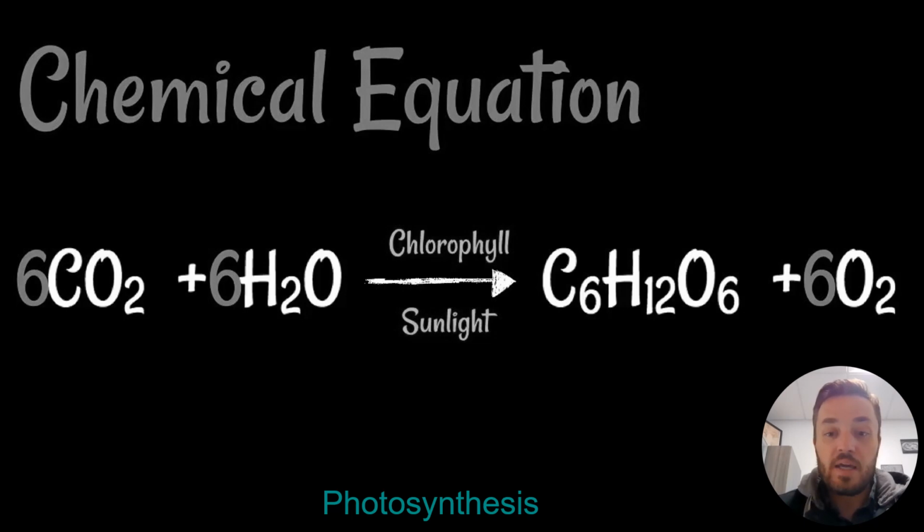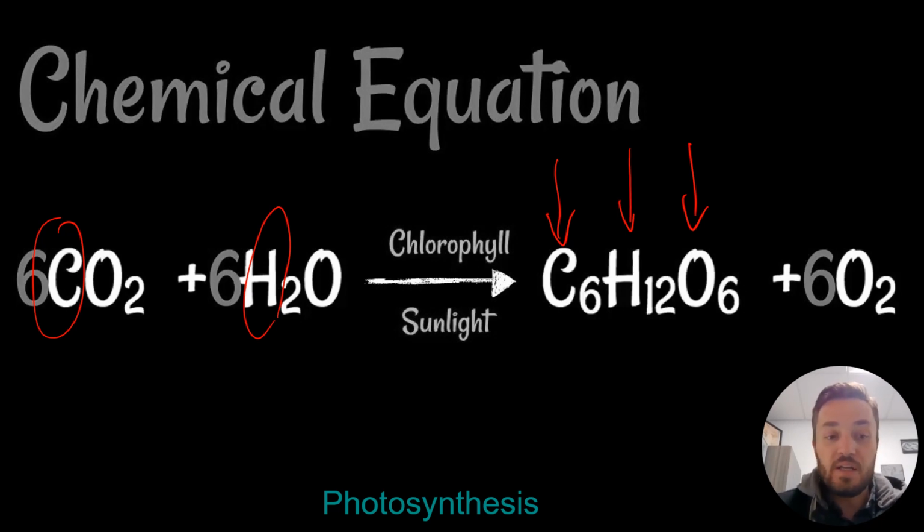In order to make a sugar molecule, we need a couple things. We need specifically carbon, hydrogen, and oxygen. The plant gets the carbon and the hydrogen from two different sources, right? It gets the carbon from carbon dioxide, and it gets the hydrogen from water. It needs 6 carbons and it needs 12 hydrogens. It gets enough from there, but it also needs 6 oxygens, but we end up with actually a massive